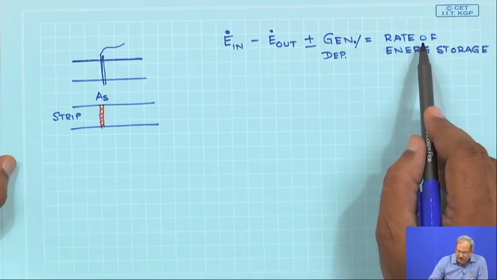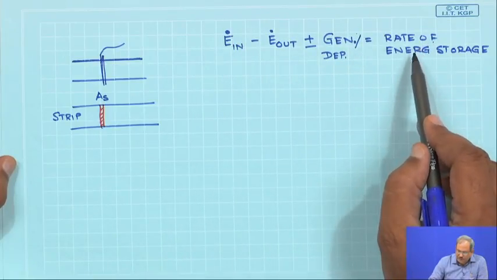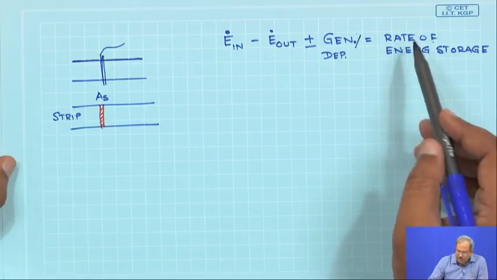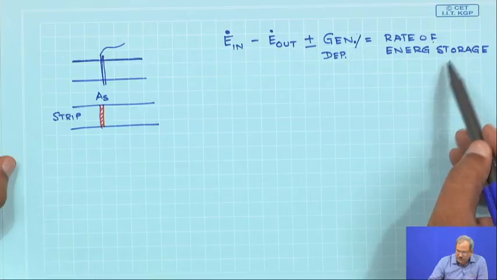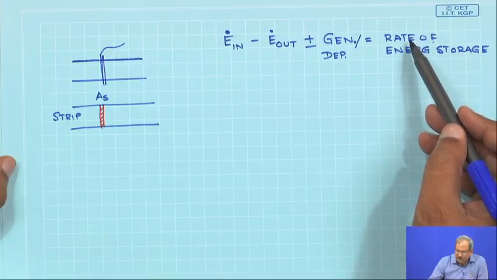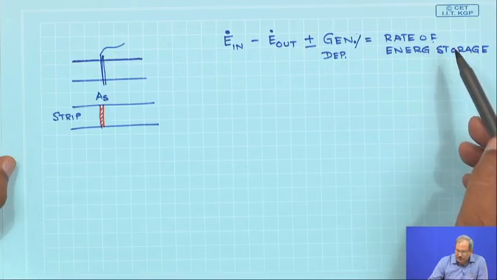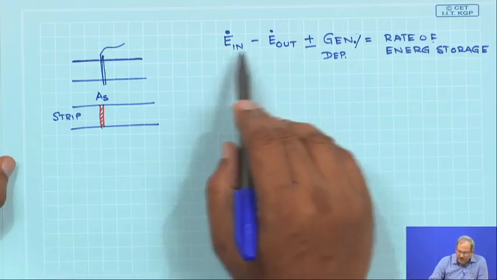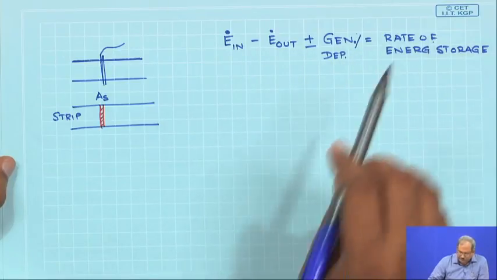the result of which will manifest itself as a change in energy stored in the material, and then we would simply express the energy storage in terms of temperature. So, I am going to get a time rate of change of temperature of the material from which energy is coming in, going out, generated, etc.